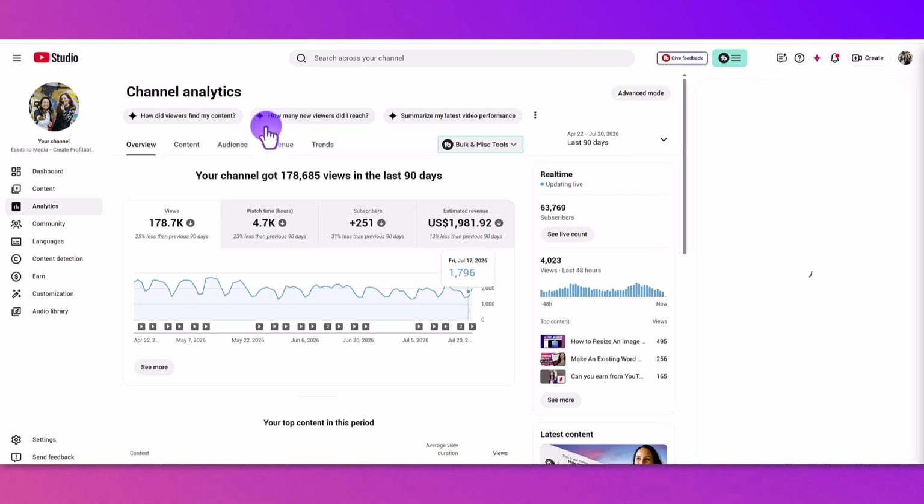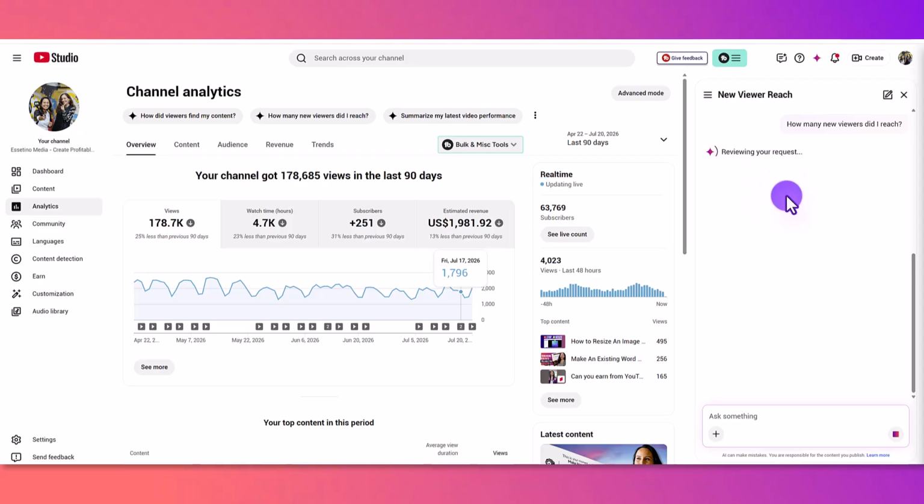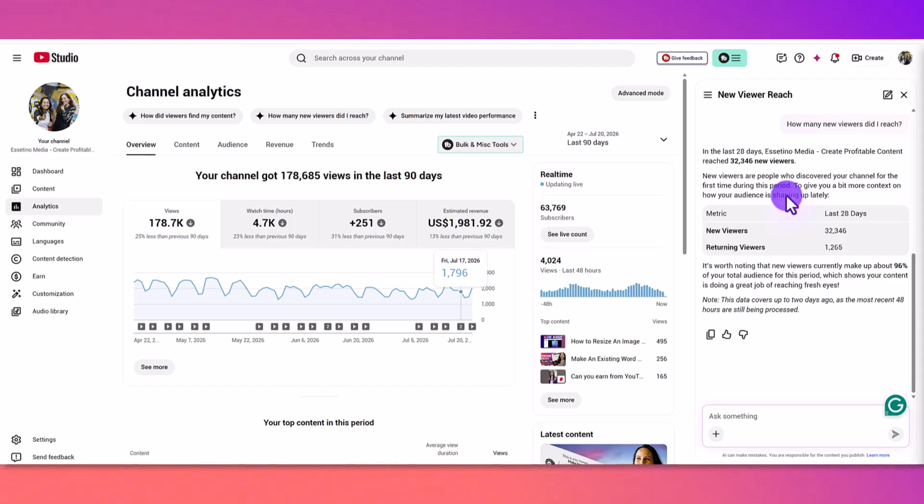So once I've clicked on that, on the right-hand side pops up this window here, and this is like the AI. And right now the AI is super limited, so you can't really ask crazy questions or anything. You can ask more general types of questions like the questions that they have here. You can see that it popped up and it goes, how many new viewers did I reach? Like it prompted that as a question, and then it goes, in the last 28 days, Essetino Media has reached